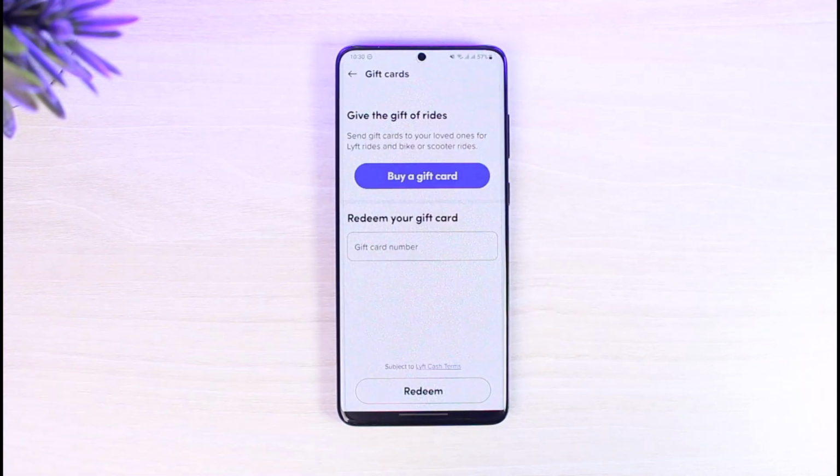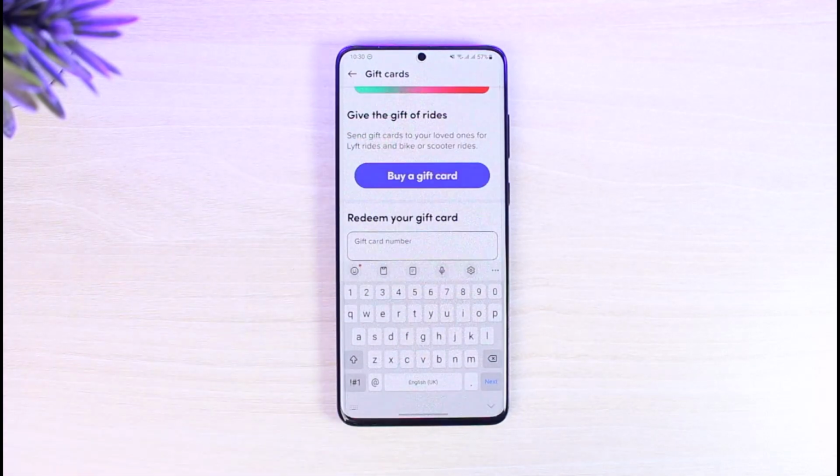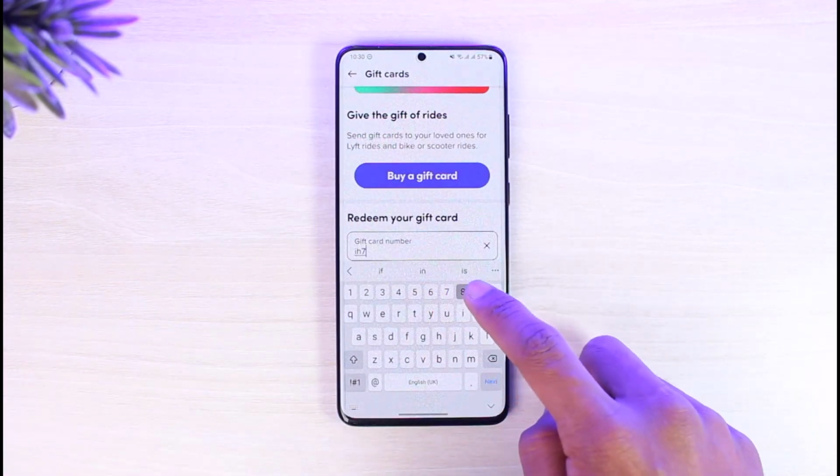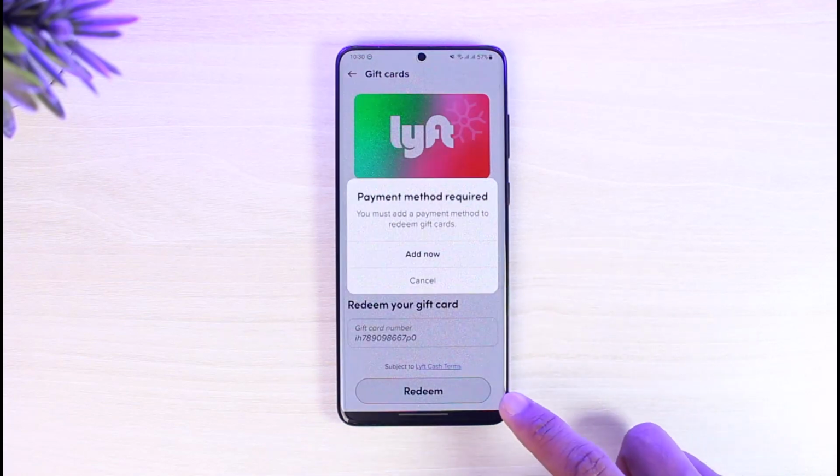All you have to do is, in order to redeem our gift card, over here you can see redeem your gift card button, right? Just make sure to enter your gift card code and your number and whatever else that you have. Once you make sure to enter your gift card number, tap on the redeem option from the bottom,